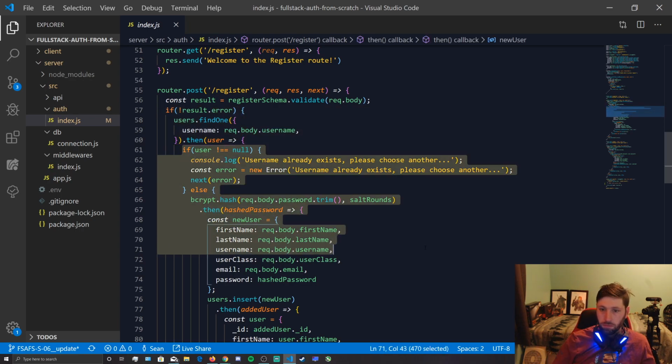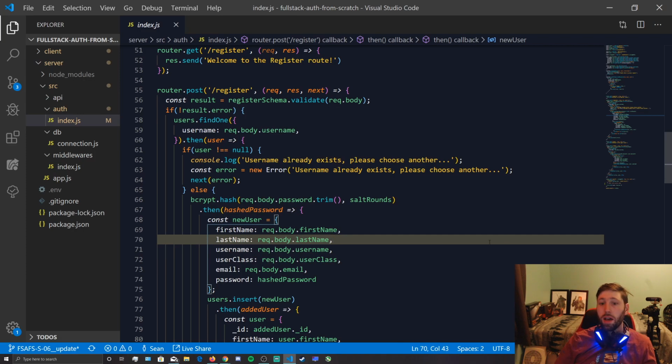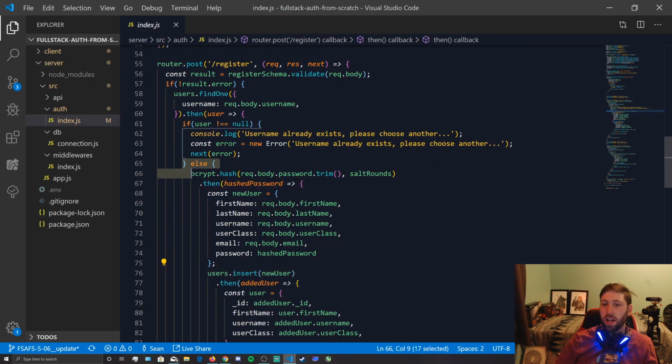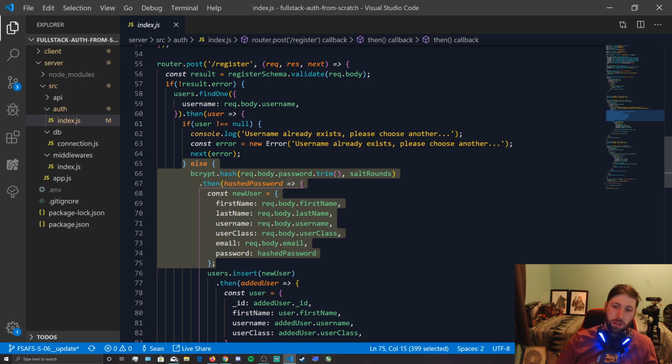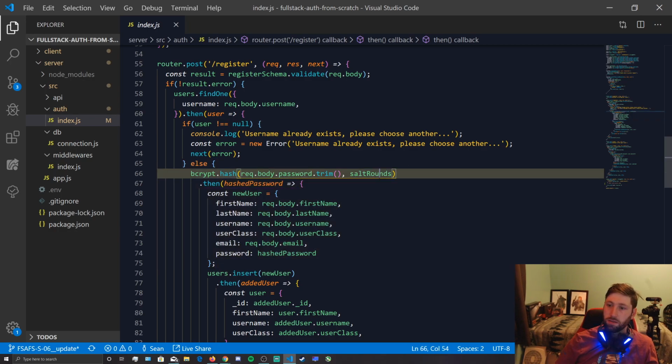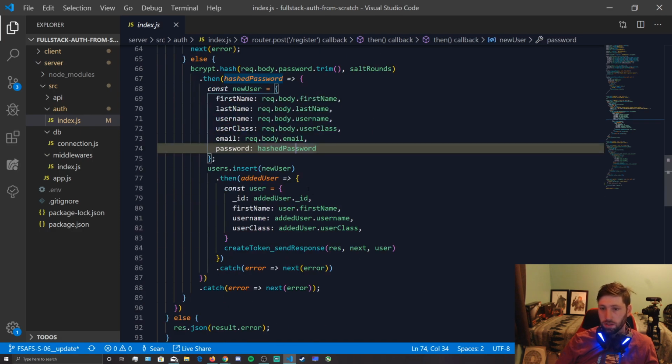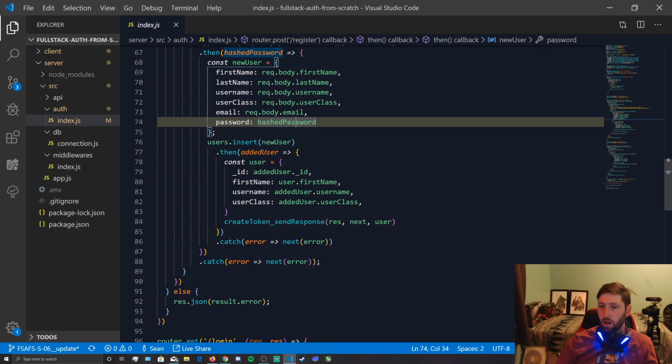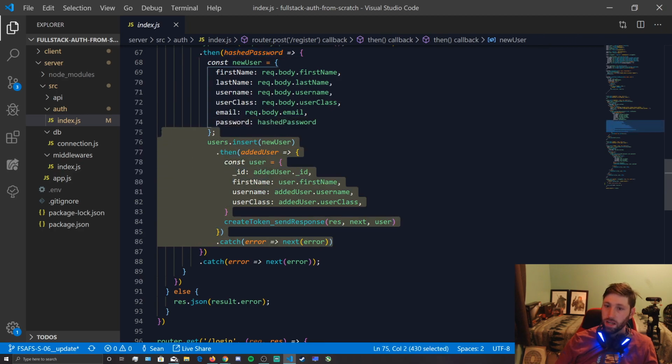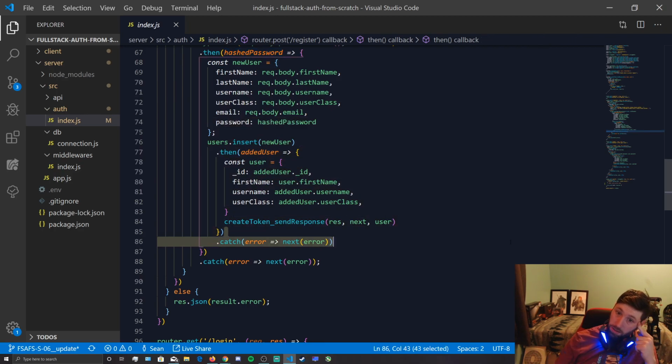So what we want to do in that case is this is where we're going to hash passwords. I'm using bcrypt in this, and I have a salt round set to 10, and that returns a hashed password essentially, so we don't have clear text anymore, and then we store that inside of the database right here. And